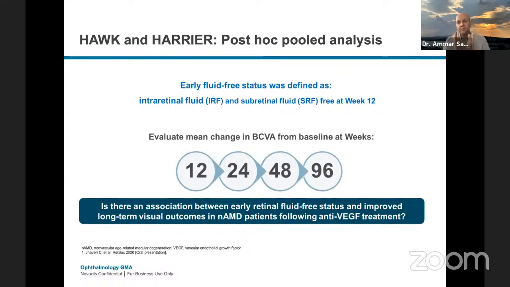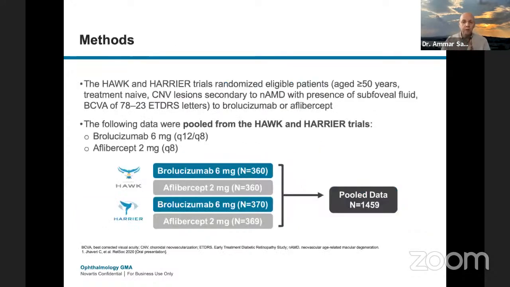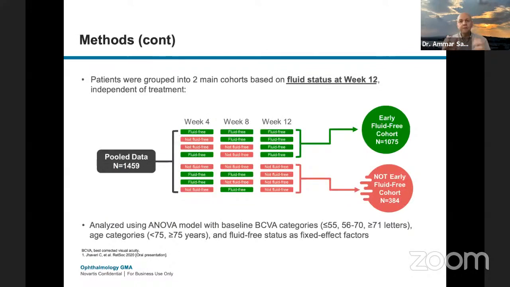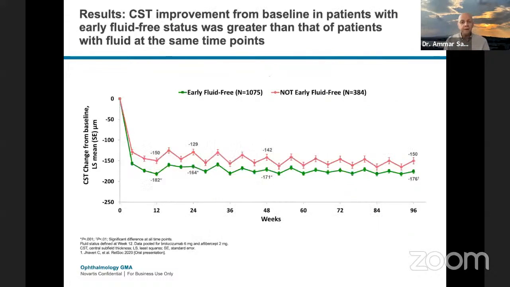After the patients have been treated for 12 weeks, you take them all, both the brolucizumab group and the aflibercept group, and divide them into two groups. At week 12, if the patient has no fluid on their OCT, they go to the green group. If they have some fluid, regardless of what medication they're using, they go to the red group. Then you follow them over the weeks until the end of the study at year 2. This is also very, very important information. As you can see, if you were dry at 12 weeks, you continued to be consistently dry throughout the 96 weeks, while if you were not dry, you get this fluctuation, which, as you remember, is not very good.